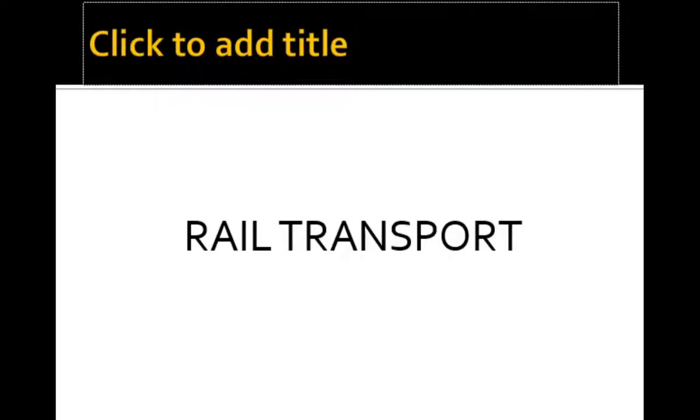This module is rail transport. Rail transport will be delivered in 8 sessions. The objectives in each session will be set out very clearly for you. The subtopics will be outlined in a way that will enable you to obtain relevant knowledge and job readiness skills to meet the competency requirement in providing solutions to transport problems for your clients in the future if you happen